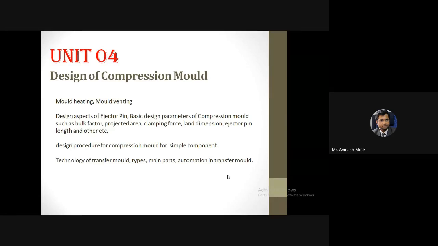Being a very large size and a very less costly component, you know the price of a simple 500-liter or 1000-liter water tank, hardly it will cost a couple of thousands, 2 to 3 thousands. So for such less costly items, we cannot go for a high cost molding process, or a large setup.